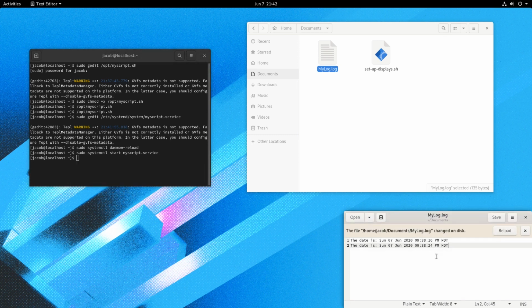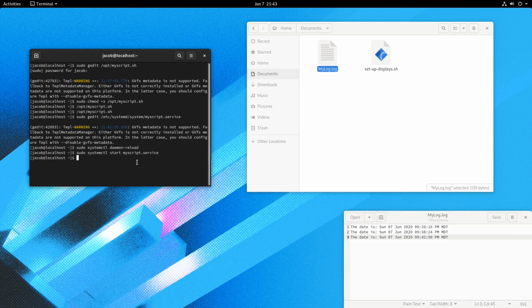And you can see if I click into our log file down here, it says log file has changed. I'll reload it. And you can see there's a new entry from 9:42 p.m., which is right now. Now it's 9:43. So we know that our service file is working now. And all that we have left is to actually put the timer in place to automatically run that at the